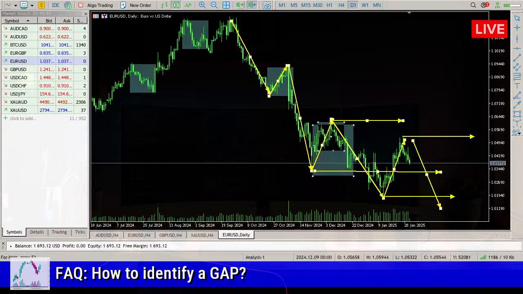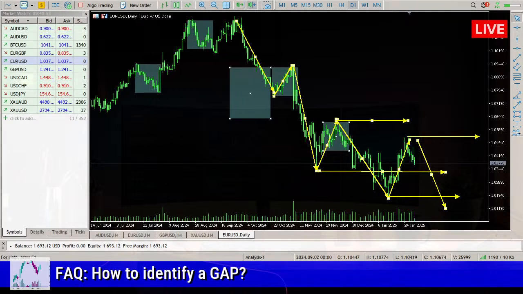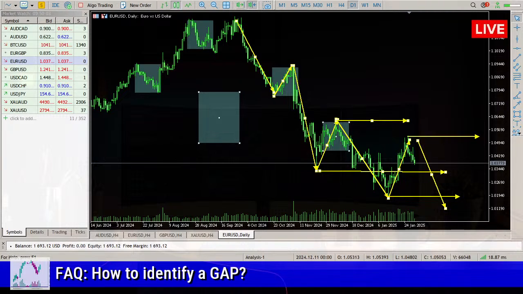Why do I take this one? Because if you see, this is about 2 times the daily range. About 2 times daily range. Then if you backtest the Euro USD patterns, look at this one, for example,